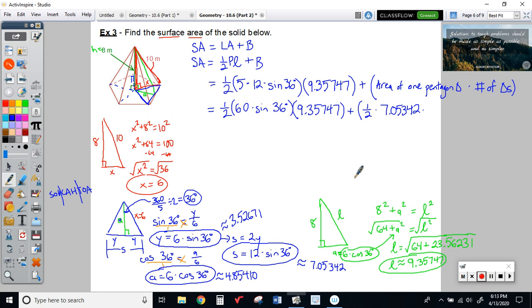So I could plug in this right here, 4.85410. And I should have been using a squiggly equal sign along, because it has been approximated at this point. 60 times the sine of 36 is about